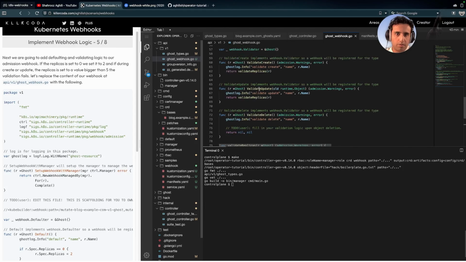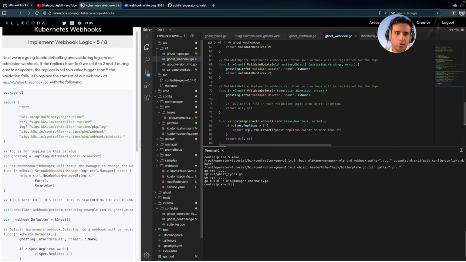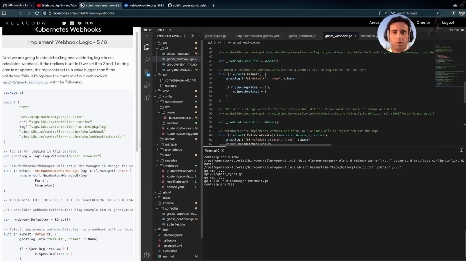So the output of this validate update and create and delete will be warnings and error. So when we have a validation issue, we don't return any warnings, but we do return an error message. And for our defaulting, Kubebuilder will take care of creating a JSON patch out of this spec replicas that we